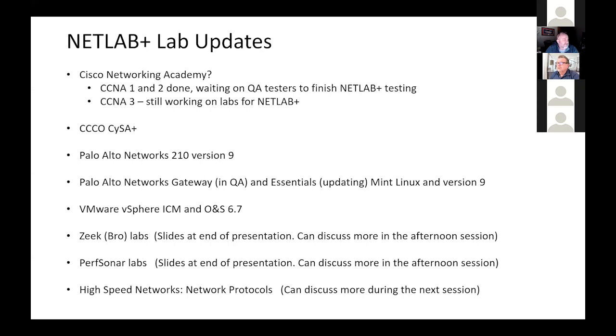Now for CCNA 1 and 2, we're done with the QA testing and those labs are getting ready to come out. 3, we just finished. Thomas Koslob's on here, and we'll pull up the slides and spend time talking to you guys, let you ask us questions about the labs. But the CCNA 1 through 3 labs, it used to be a 4th course also, they're getting ready to come